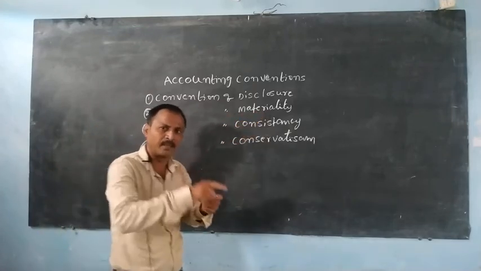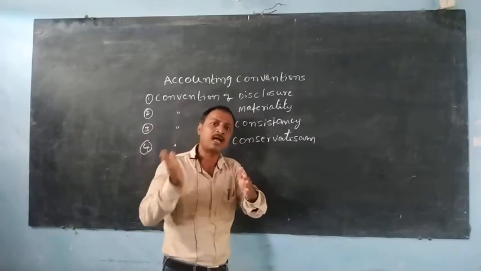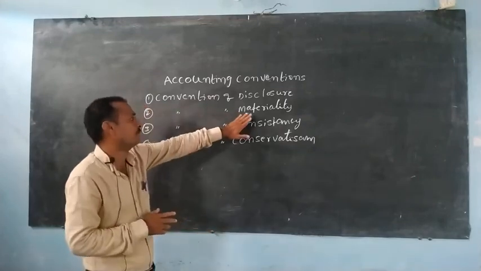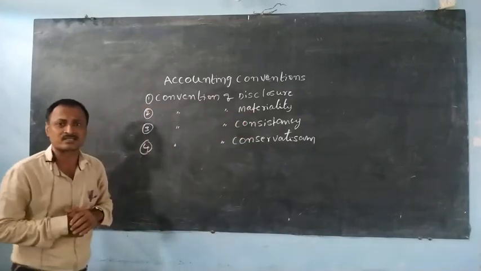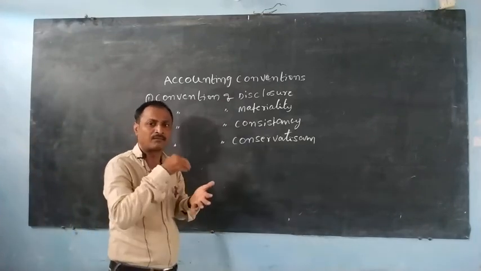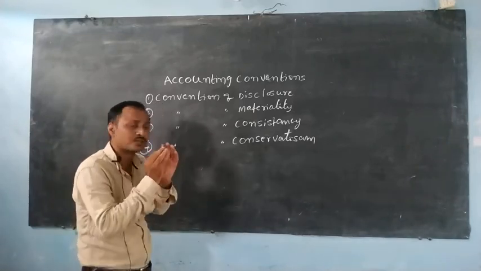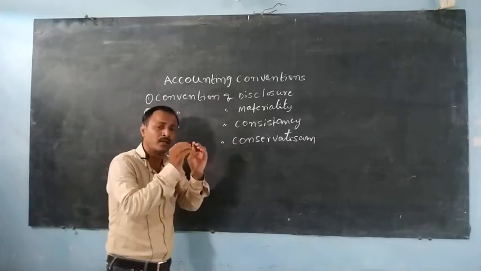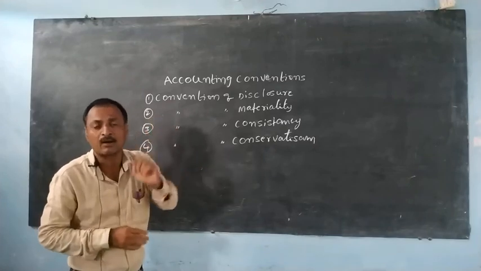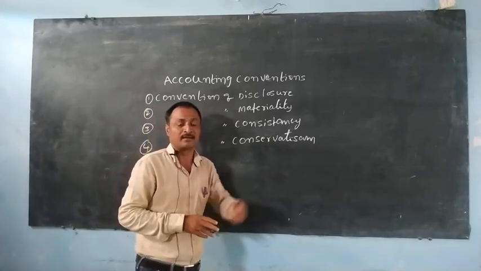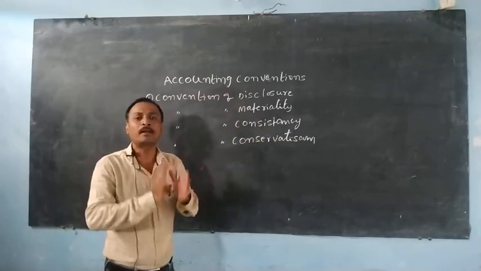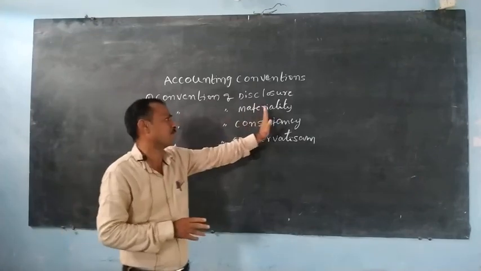While preparing all the financial statements, we should attach the needed information, the significant information. That is the meaning of materiality. What does the convention say regarding materiality? While recording transactions or preparing financial statements, we must use significant information. Only necessary information is recorded. Unnecessary information, and transactions which have not been done and are going to be done in the future, should not be recorded now. That is the convention of materiality.